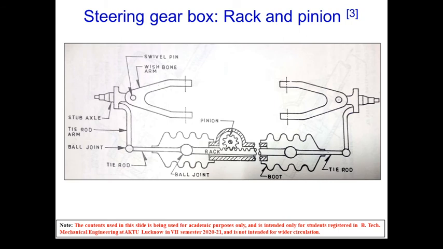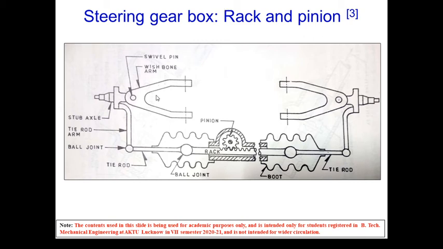In this image we can also see the rack and pinion type of gearbox. This type of steering gear is used on light vehicles like cars and in power steering. The Maruti 800 car employs this steering gear. It is simple, light and responsive. It occupies small space and uses fewer linkages for its construction.